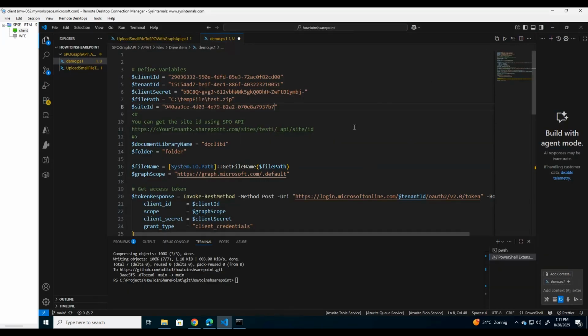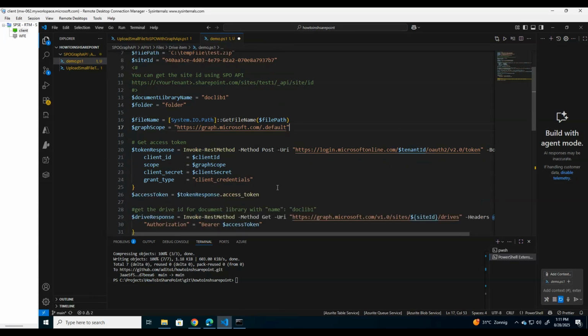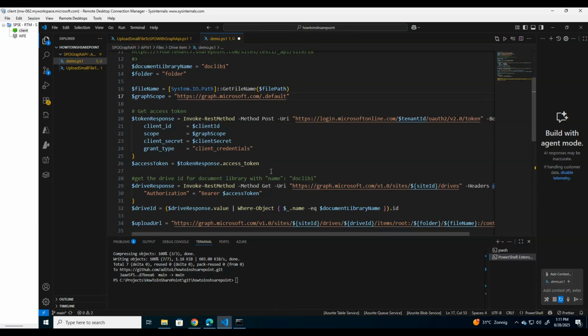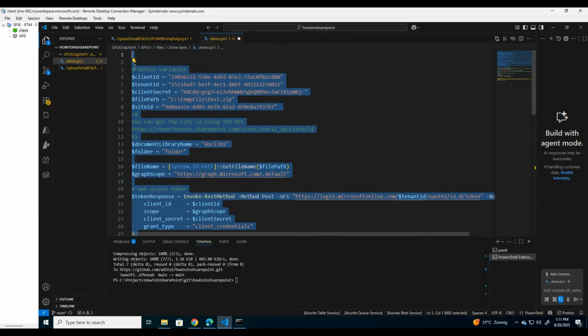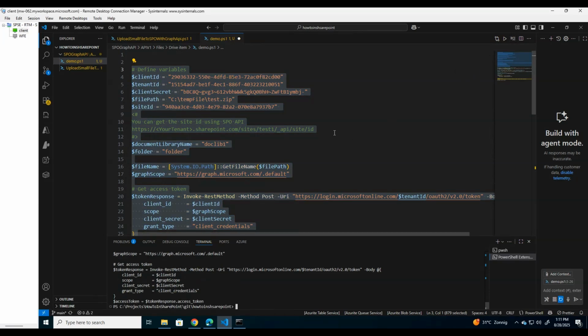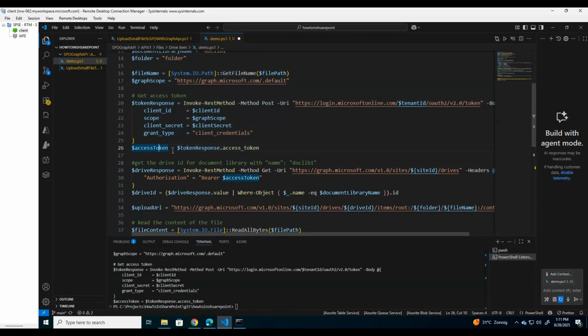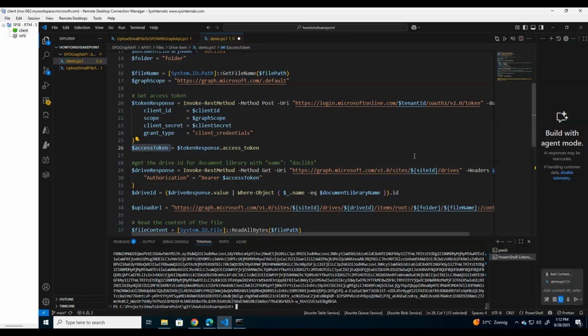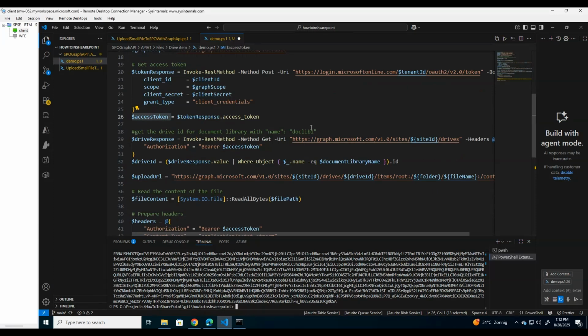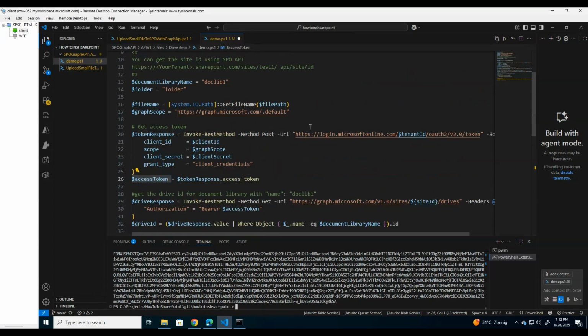Let's go back to my script. And what we will do, we will use the following endpoint to get the OAuth2 token. So if I execute everything that I selected, I will have a token. Okay. Then